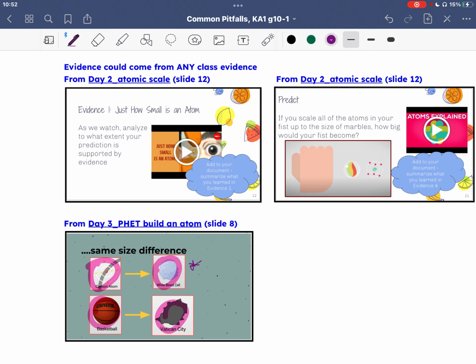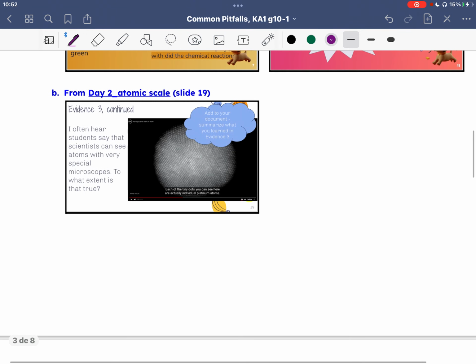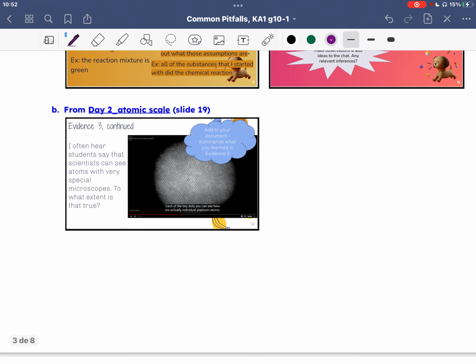I was looking for you to provide some evidence that atoms are just so much smaller than cells that you can't even compare them. In the same way, you wouldn't just say, oh, a basketball is smaller than a city. Yes, they're on a completely different scale of size. So I was looking for you to say no there,